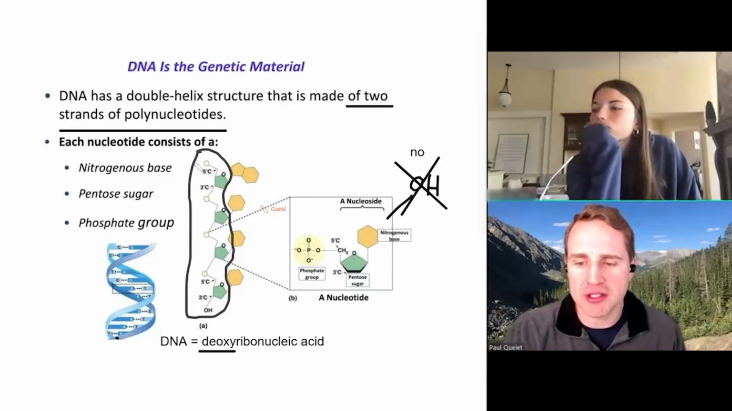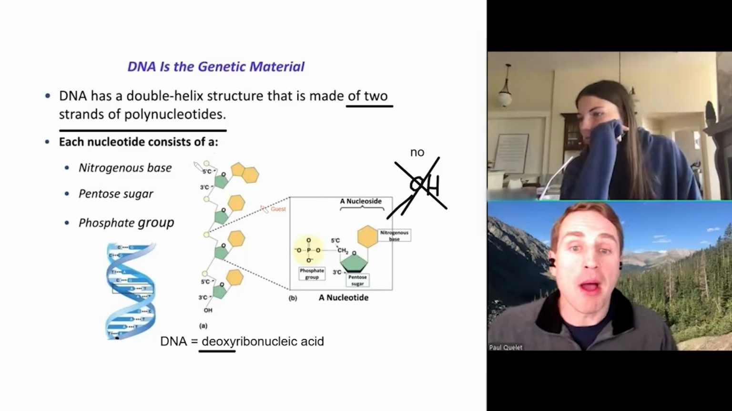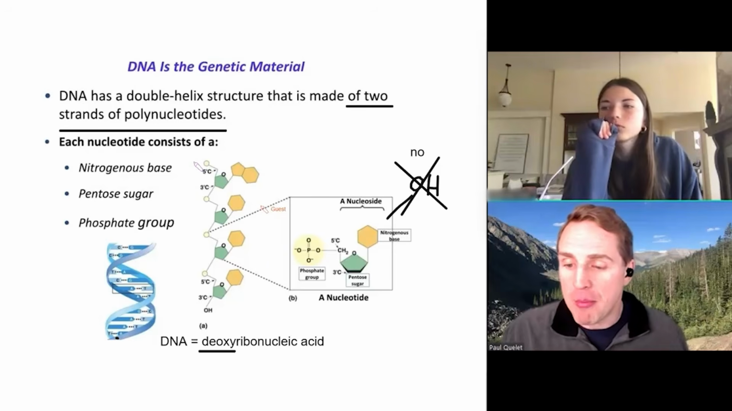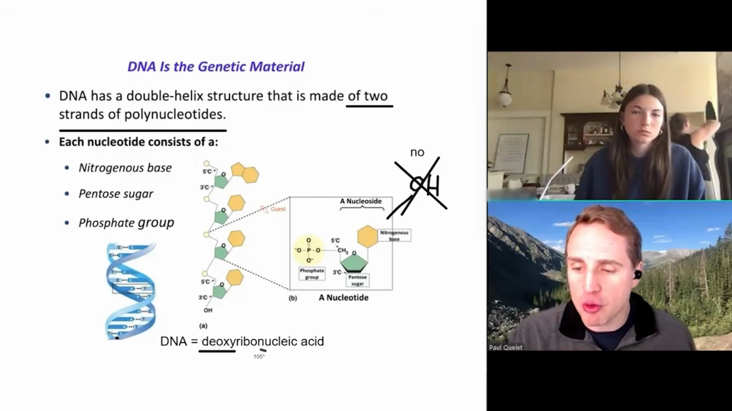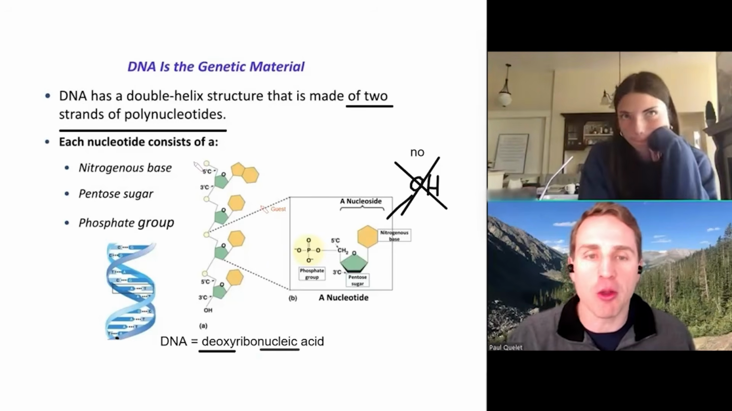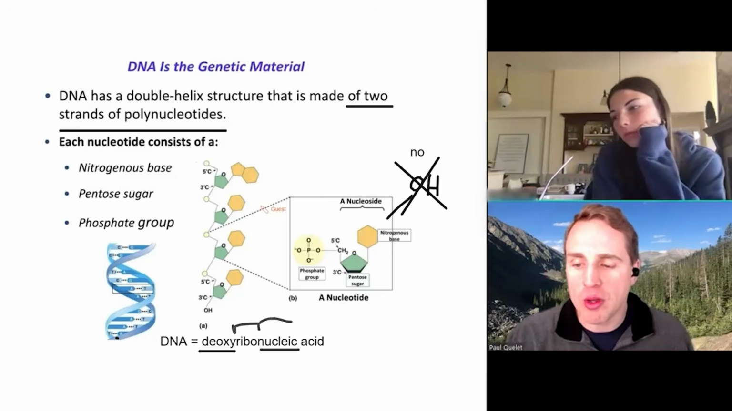Just the phosphorus and the pentose. By the way, one other thing I should mention. Remember how I said DNA is ribonucleic acid? Let's think about breaking this down. Ribo is like